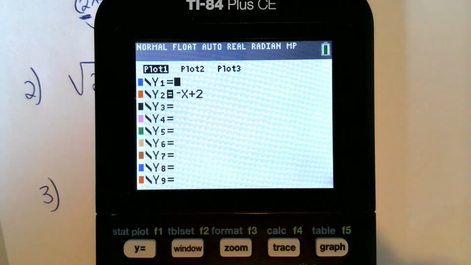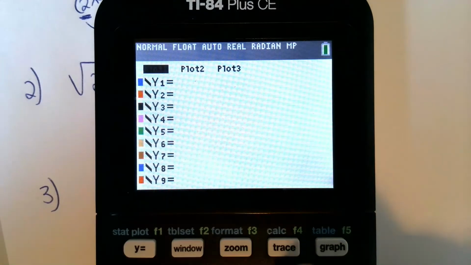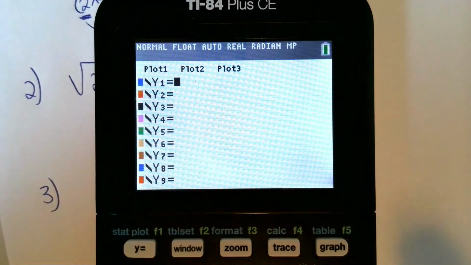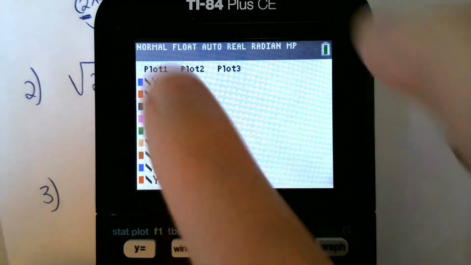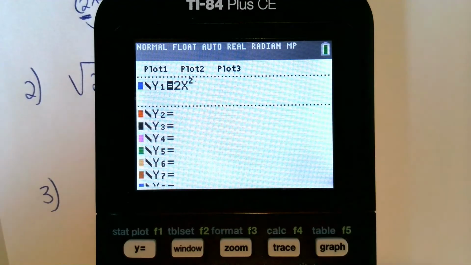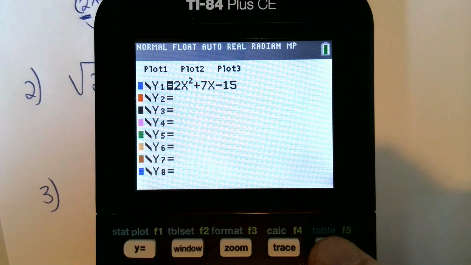Y equals. I'm going to clear out any old equations, and I'm going to go up here to the top and hit enter so that none of my plots are lighted up, because I don't want that to be an issue with my graph. I'm going to go ahead and put in my equation, 2x squared plus 7x minus 15. Hit enter, and then go ahead and hit